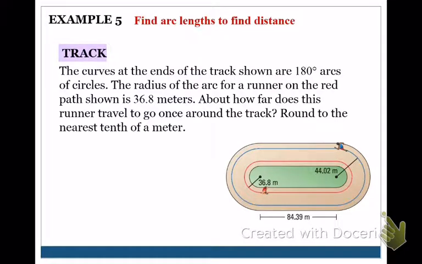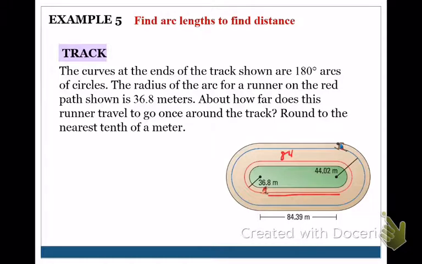Quick application here. The curves at the ends of the track shown are 180-degree arcs of circles. They're half circles. The radius of the arc for a runner on the red path shown is 36.8 meters. About how far does this runner travel to go once around the track, round to the nearest tenth of a meter? Okay, well, to go once around the track, this guy's going to have to go 84.39 down this straightaway